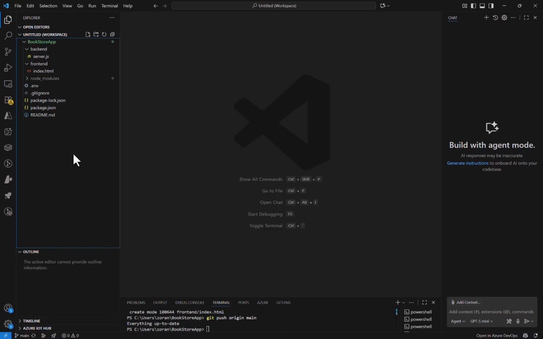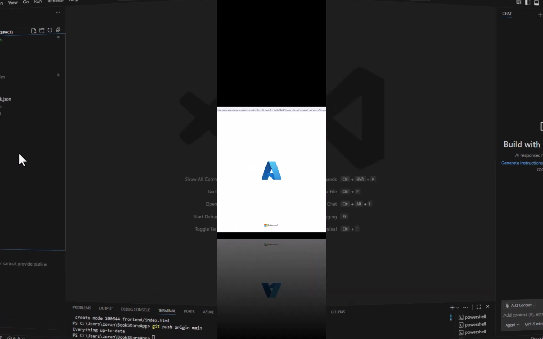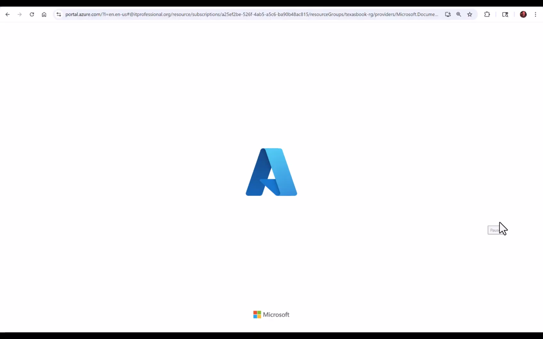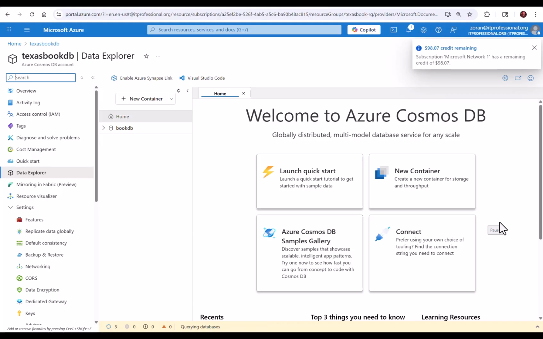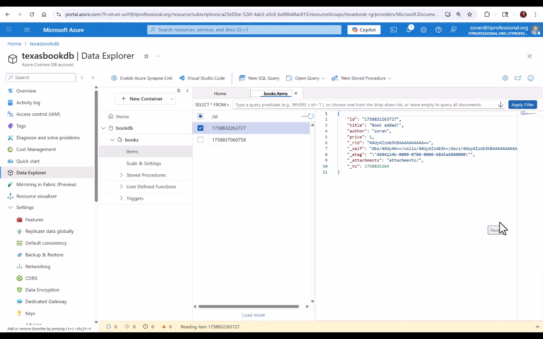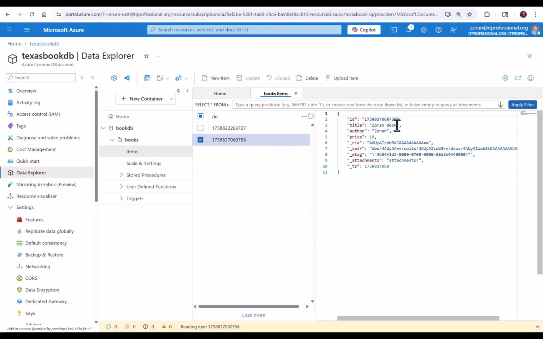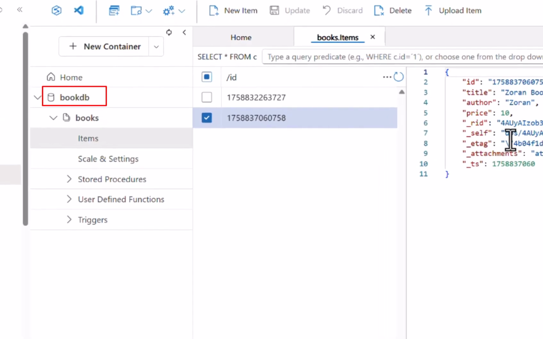Once the folders are set up, we are ready to create the necessary files and services. This project requires a database and a web app, so I installed the Cosmos DB database and the web app service with a staging slot in the Azure portal. First, I created a new Cosmos DB account, naming it Texas Book DB. I selected the NoSQL API for document storage and configured the database bookdb with a container books using /id as